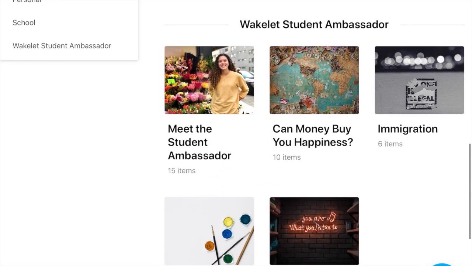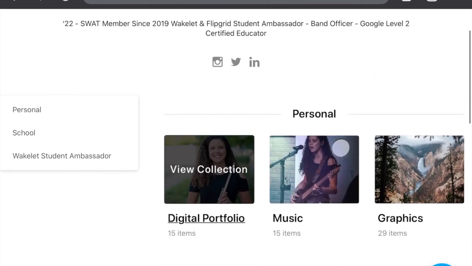And then here is my Wakelet Student Ambassador Program collection. This is something that SWAT actually worked on with Wakelet. We worked out all the kinks with them, figured out what we liked, what we didn't like, and I really liked it because it gave me an opportunity to grow in my graphic design and in my collaboration with other students that I maybe hadn't worked with a lot. I absolutely loved it, and I highly recommend doing that program. So if we go back up here to my digital portfolio,